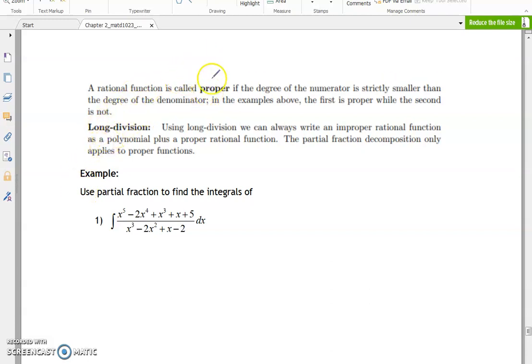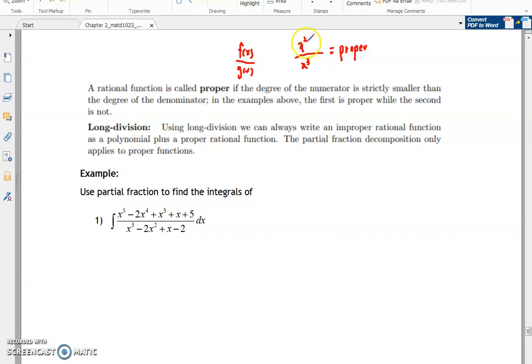In the previous one we dealt with a proper fraction, because the degree of the numerator is strictly smaller than the degree of the denominator. So if you have a fraction like f(x) over g(x), the degree of your upper part, the numerator, must be smaller compared to g(x). For example, if you have x squared divided by x cubed, we can consider it a proper fraction